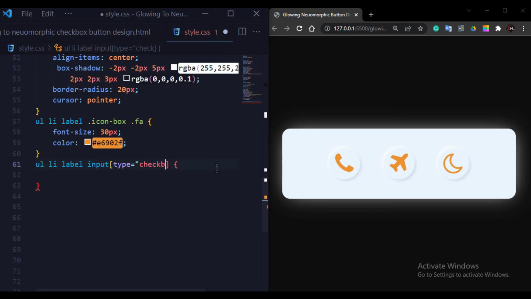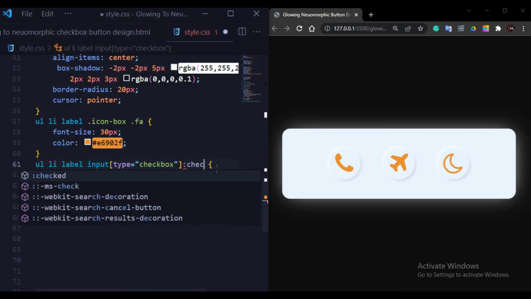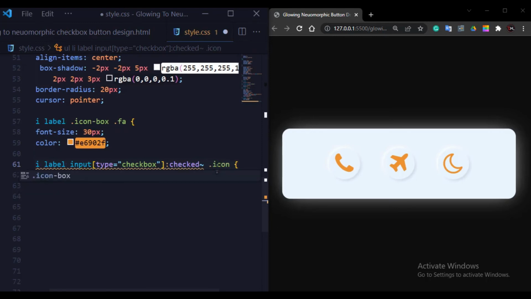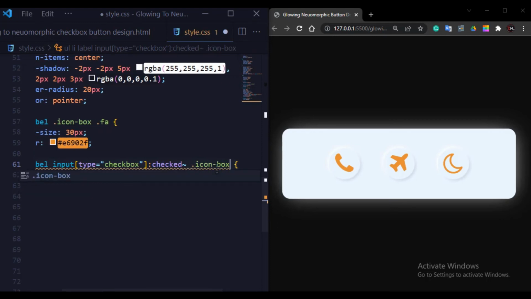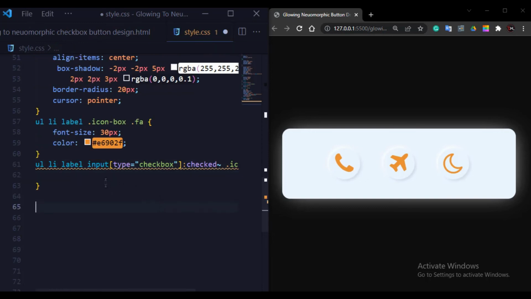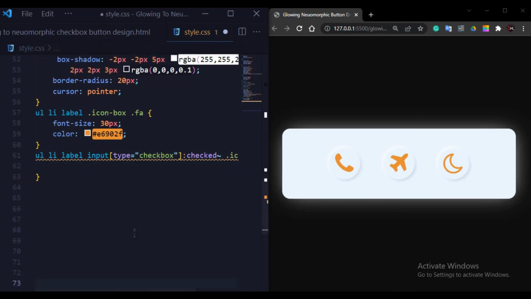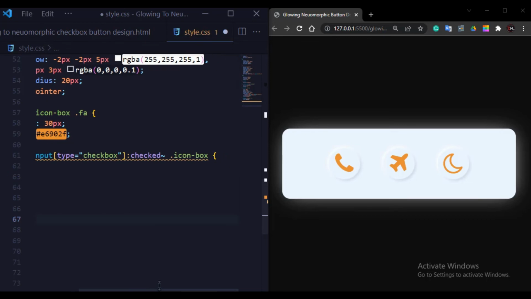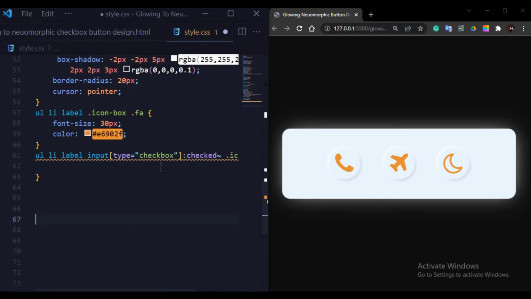So I will write checkbox, and when it is checked, so .icon-box. So it means that when the checkbox is checked, so here I will write the CSS, and this CSS property will apply to our icon boxes, to our div class.